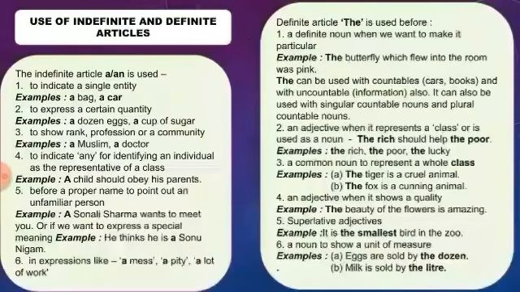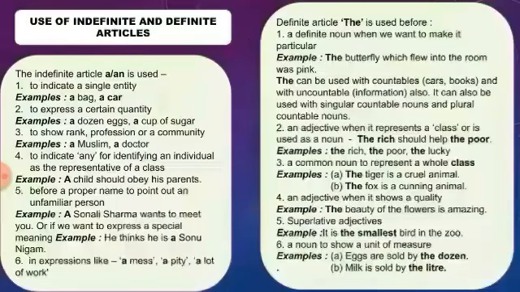So here what it says, before a proper name. Proper names, you can see, Sonali Sharma, and then the second is Sonu Nigam. So these are proper names. We have used them before a proper name to point out an unfamiliar person. If you want to point out any unfamiliar person, meaning any person, you can use the example like this: a Sonali Sharma wants to meet you. That is Sonali Sharma, any person, but we are going to point out that person. So we can say: a Sonali Sharma wants to meet you.